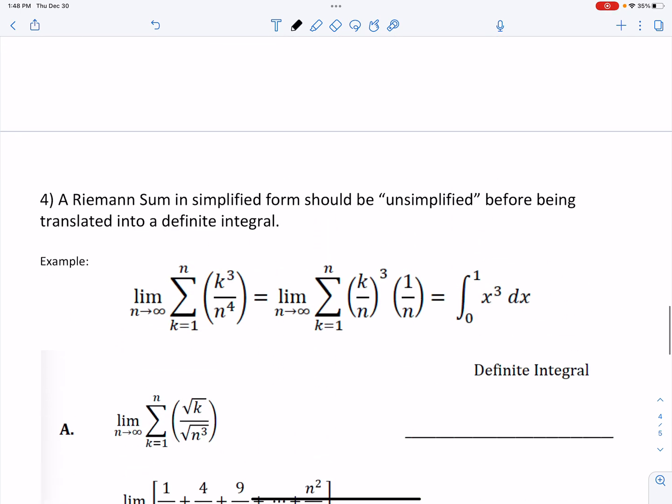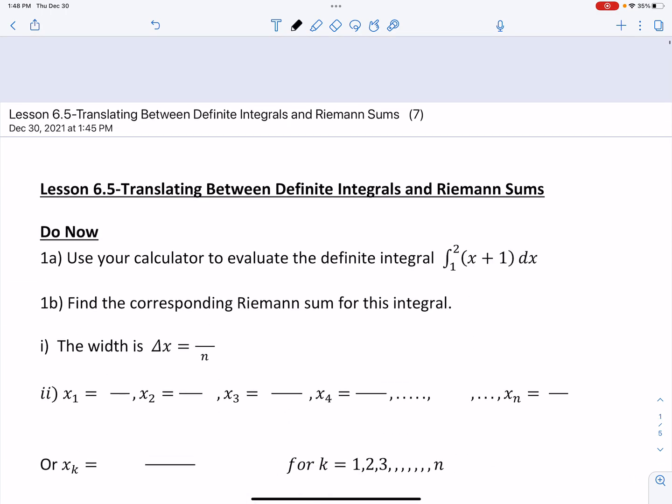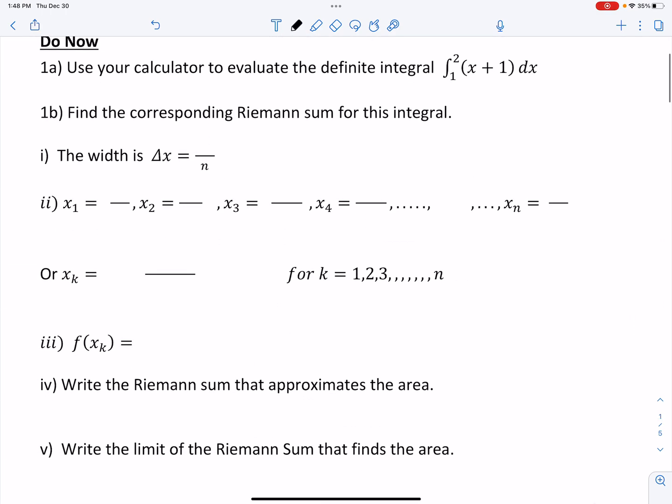We'll go back to the do now. So let's do that. Okay, let's take a look at this example. The definite integral from 1 to 2 of x plus 1 with respect to x. Now, remember, we really don't need to use a calculator to evaluate this definite integral, because if we just sketch